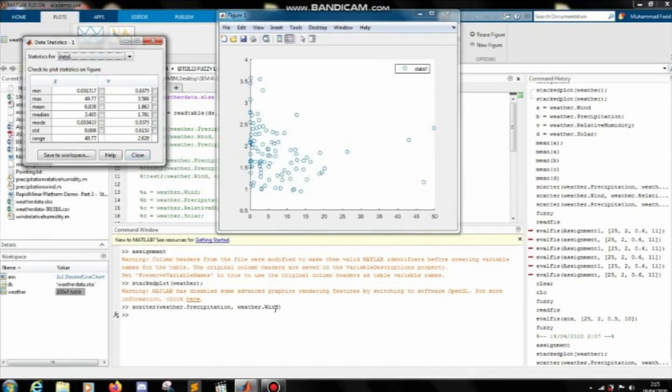There will be a new window pop up. Here we can see that X is the precipitation and Y is wind. So we can see the precipitation mean, max, median, mode, standard deviation. By clicking the mean, we can see in the graph there is a green line that shows the mean for precipitation,